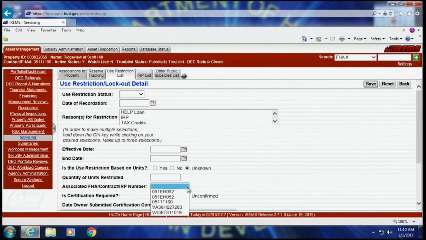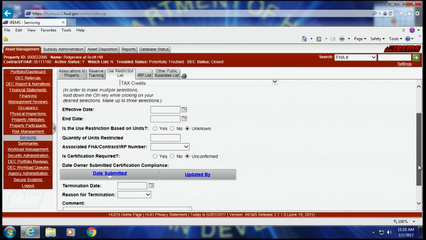And then you're going to put the associated FHA that use agreement or HAP contract ties to it. And then most importantly, you're going to put is an owner certification on an annual basis, as defined in the use agreement, required. If the answer to that is yes, then you will in fact say yes, and every annual period you will record when that certification is received.